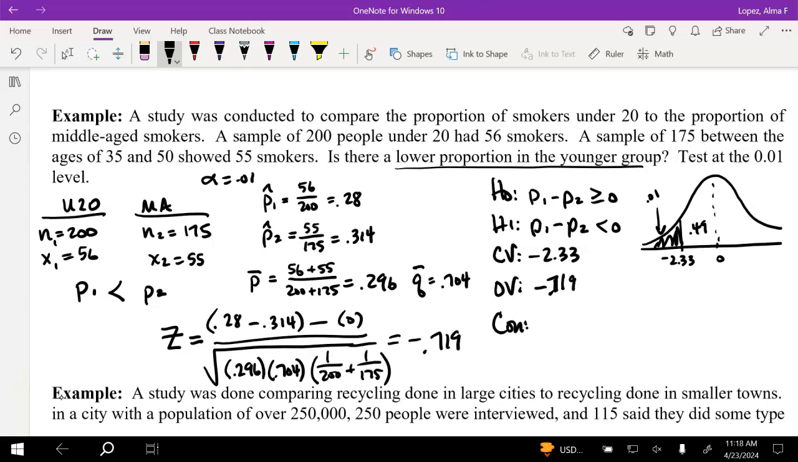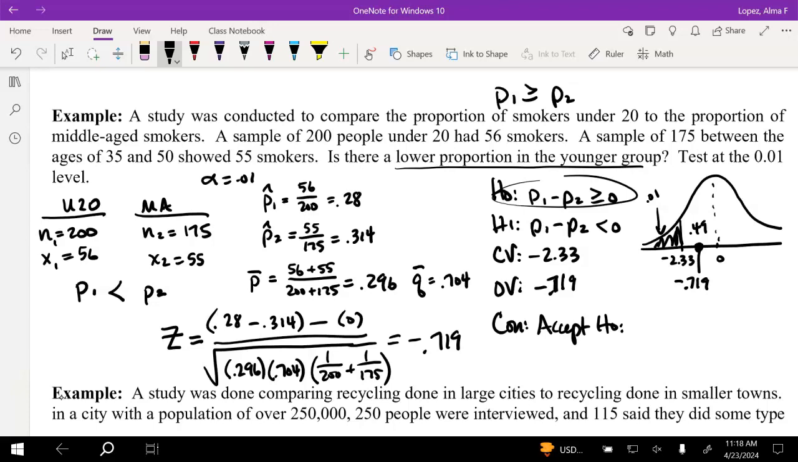That is negative 0.719. That actually falls here, which means we're going to accept the hypothesis. So I'm going to move the p sub 2 over to the other side, and I get P1 is greater than or equal to P2. So the percentage of smokers in the younger group is larger or equal to the percentage of smokers in the